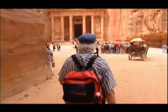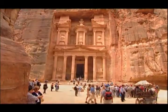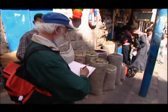I've always loved the idea of a cruise, going to exotic places in a comfortable ship. Well, I've joined the Saga Rose for the last 2 weeks of her fantastic 114-day journey around the world. And over the next 8 programmes, I'll be visiting some wonderful places, including the rose-red city of Petra and Amman,